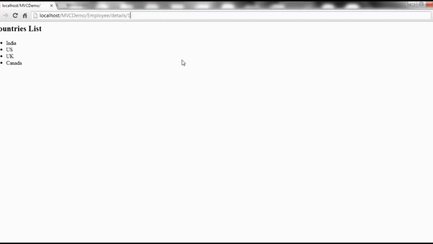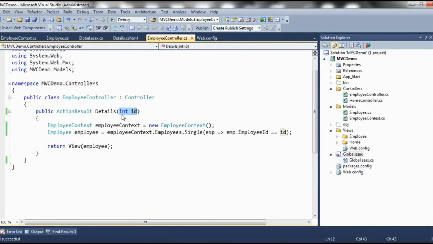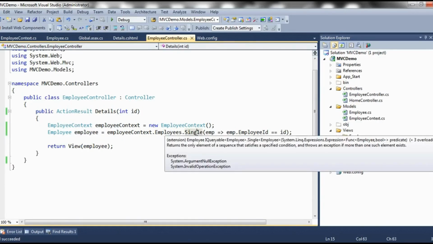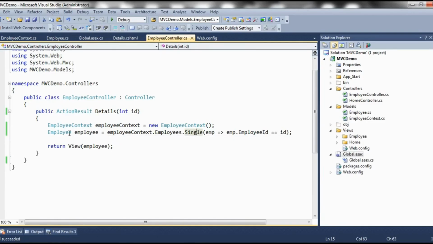Now if you look at the URL here, I am passing ID of 1, so that will be passed into this controller action method, and then this employees property is going to return the DbSet of employees, but then out of them I only want the employee whose ID is 1, because we are filtering here using the Single LINQ method, which is going to return the employee with ID 1, which is then passed to this